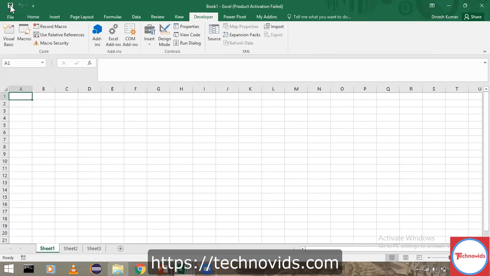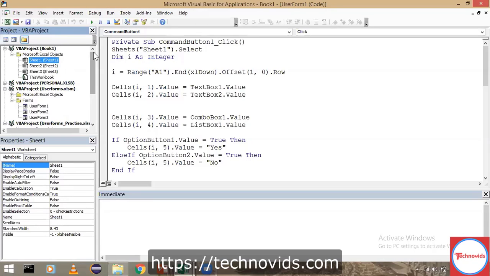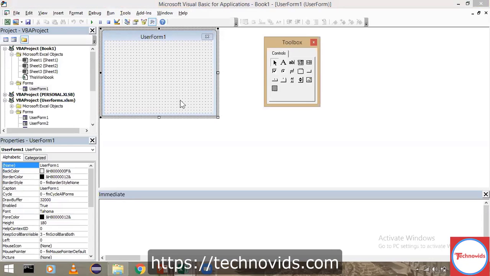Developer, Visual Basic. Now I have this book one. This is where I'm going to create a user form. I go to insert. Generally what we do, we first create a module to start writing our program. Instead of creating a module, this time I'm going to create a user form. You see there, insert, user form. So I'll click on that such that this empty user form will be displayed for you, and instantly a toolbox also gets displayed for you to construct your user form.